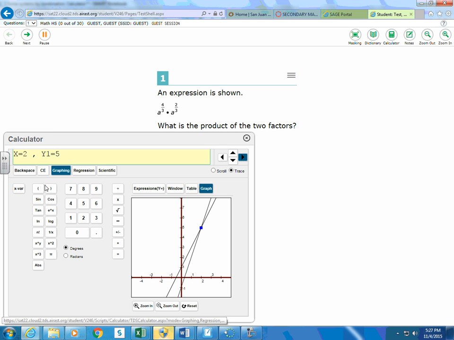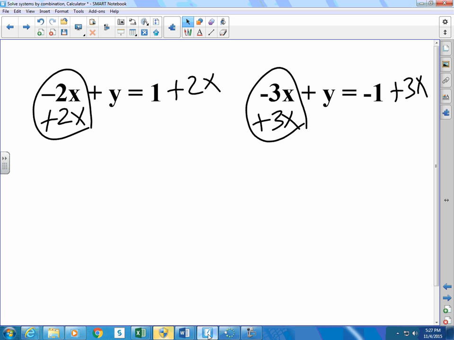Well, what are the coordinates of that point? The coordinates are 2, 5. So x is 2, y is 5. That's one way to solve that system of equations. So we'll come back, x is 2, y is 5. So we think the solution is x is 2 and y is 5. Let's go ahead and try that with